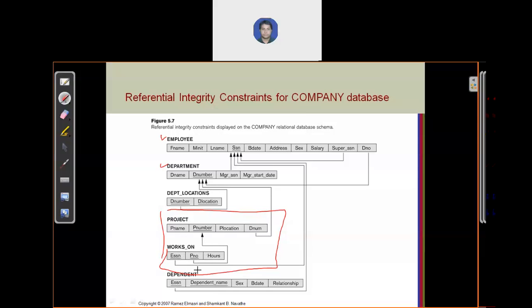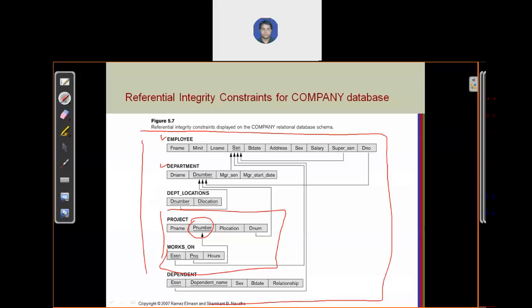Project number here is the foreign key, its referenced relation is project, and this is the primary key for that relation. This shows how you can display your whole relational database using this notation.